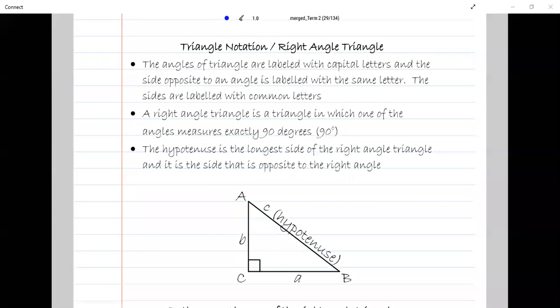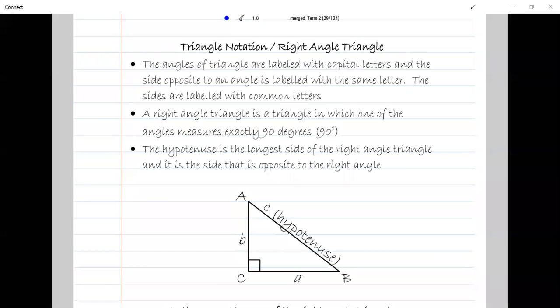All right, so we're starting Pythagoras Theorem. And when we start looking at Pythagoras Theorem, we have to start out by looking at triangle notation. So this says triangle notation slash the right angle triangle. And here it is. The angles of a triangle are labeled with capital letters, and the side opposite to an